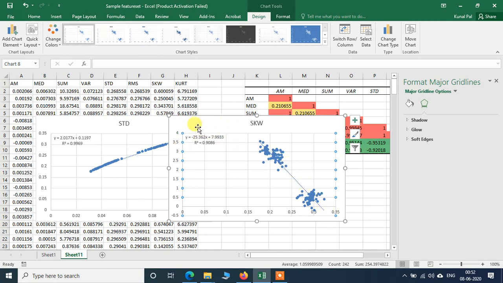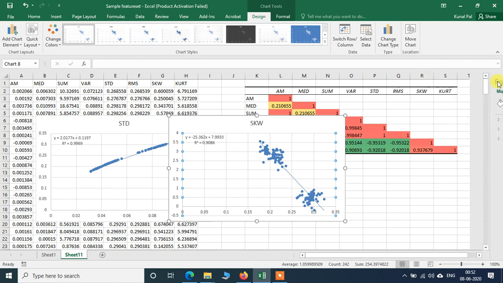So this linear model is the most simplistic model for the analysis of any trend. It may not be the best model, but it is the simplest model to analyze any kind of data.